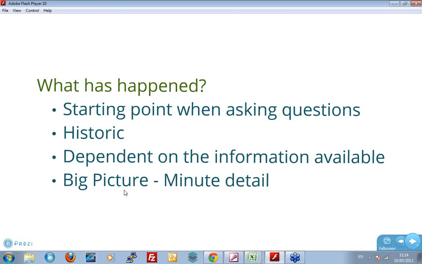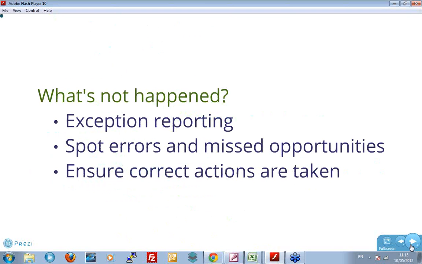And it encouraged people to use the system and engage with the system, and the system became much more of a backbone for the business. So those are some of the things that we were using the what has happened type reporting for. Next, I find this much more useful. It's the what has not happened. What has not happened, we're talking about exception reports.